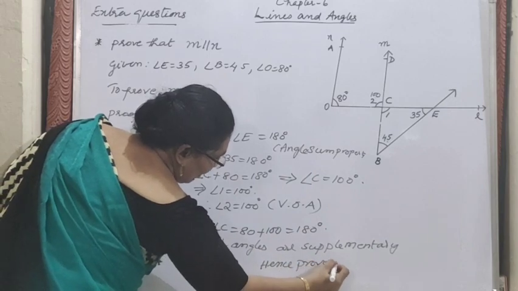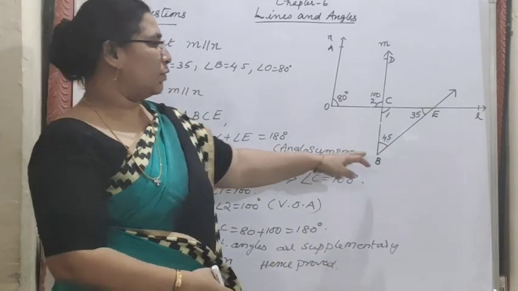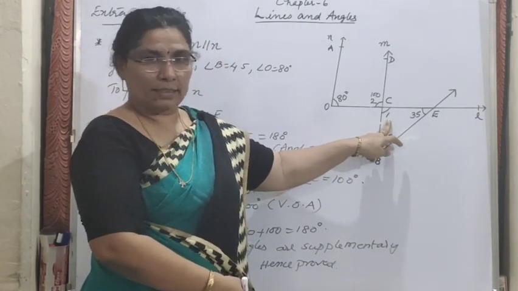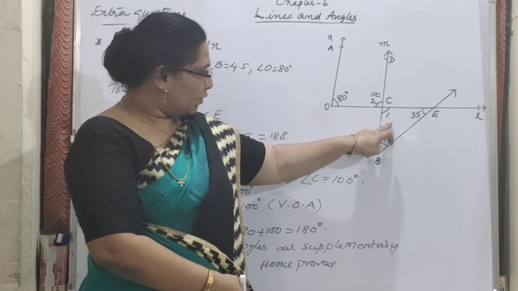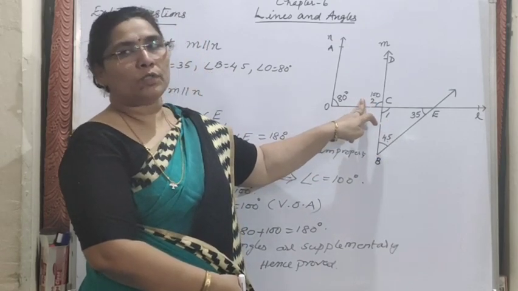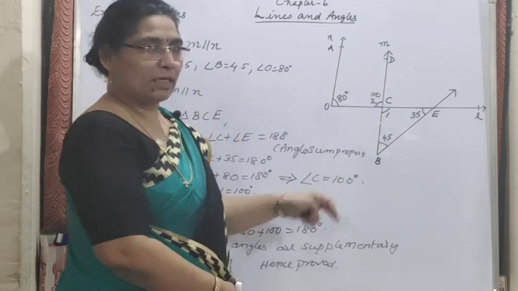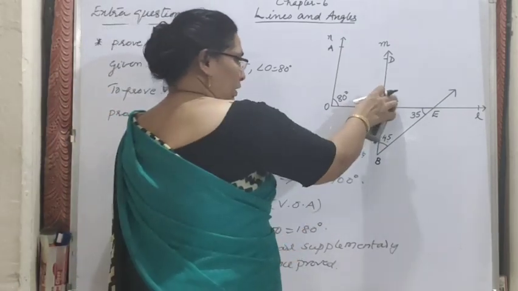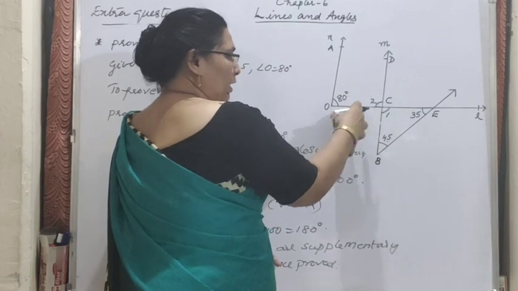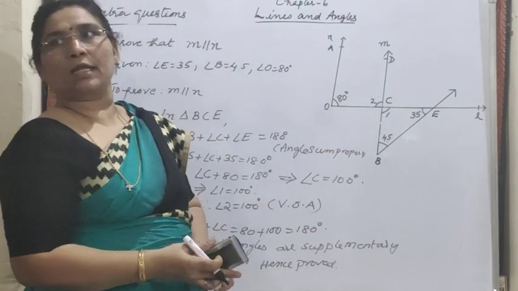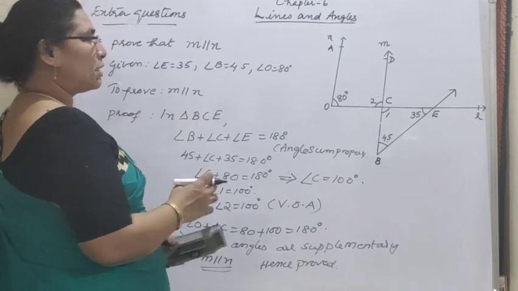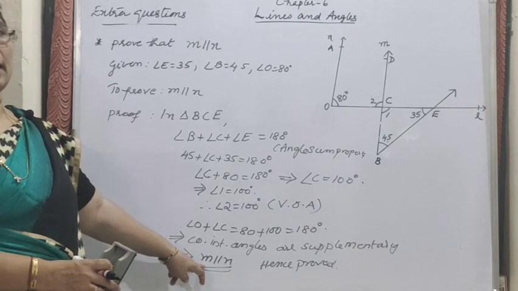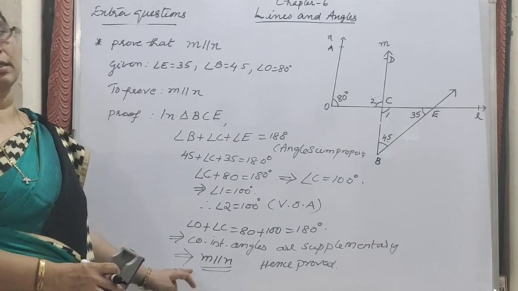Okay. So what we have done the steps here. First we have used angle sum property in the triangle BEC. C we have calculated. What is the C value? 100. If C is 100, angle 2 is also 100. After that is vertically opposite angles. Because it's not given in the question, we have calculated. Once we got this is 100, then 100 plus 80 co-interior angles are supplementary. So what is that one? The given lines are parallel. So which are the given lines? M and N are parallel, hence proved.